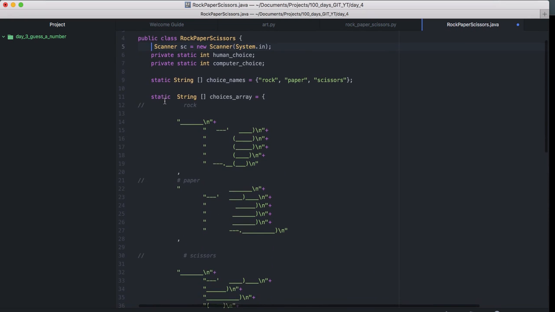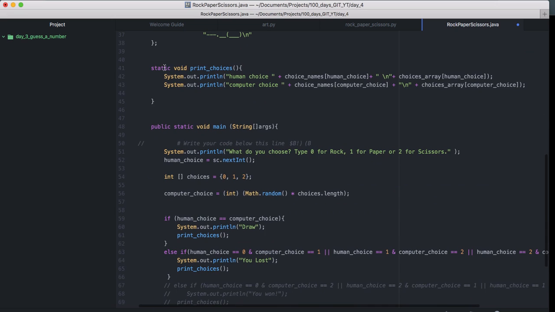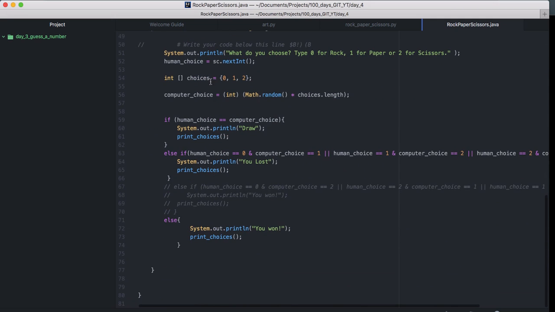So if you were to call, let's say this one here, print choices, right? We're calling print choices here and here and here. Okay, so we have two things that we want to prove. Number one, we want to see if we can win, and number two, we want to see if we can call print choices without making it static.